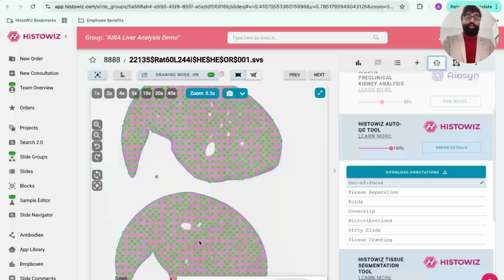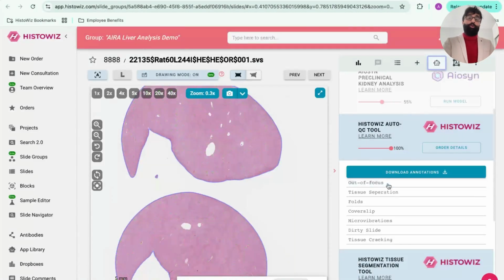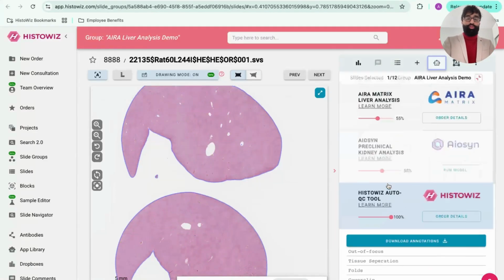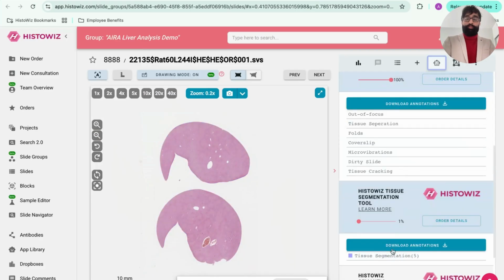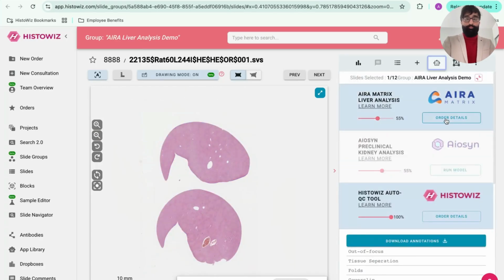And coming back, as I mentioned previously, we have also integrated third-party AI companies like AIRA Matrix. And the way in which the AIRA Matrix AI tool works is that basically you can click on Run Model over here. This is changed to Order Details for the purpose of demonstration because we have already run the AI model for these slides.